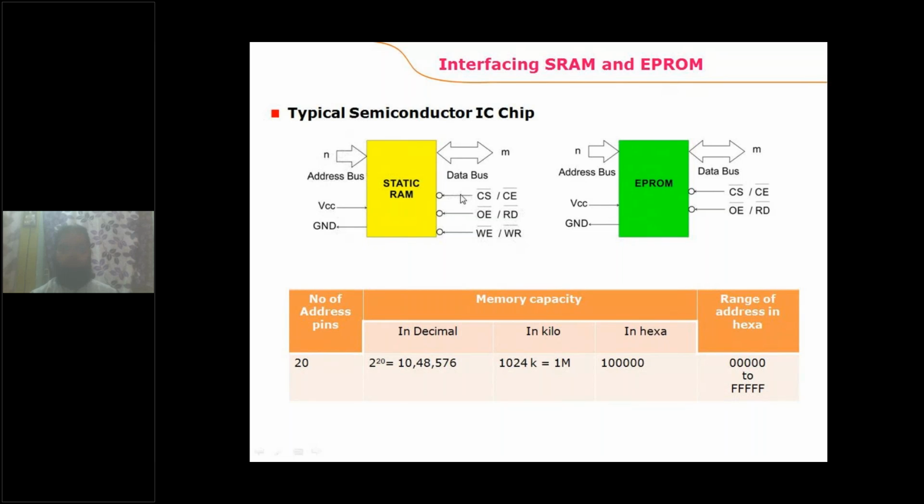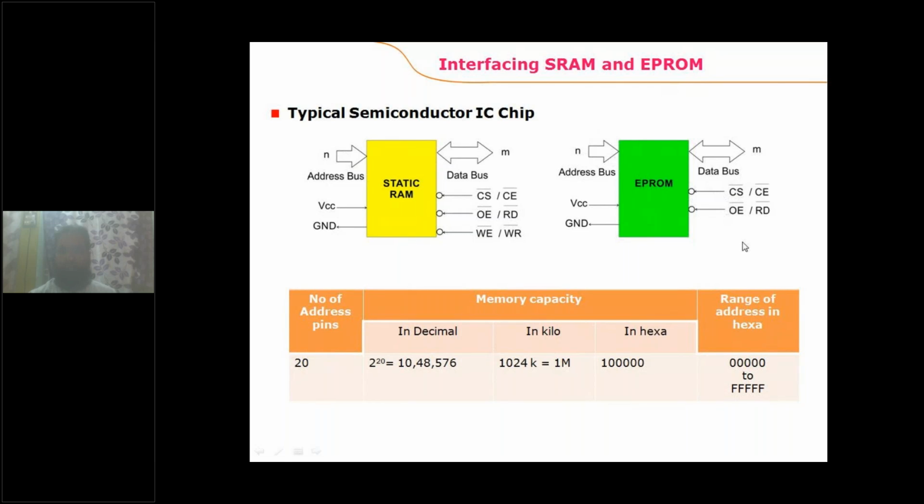Similarly, a ROM device consists of an M-bit data bus or M data lines and N address lines. M is nothing but 8 and N is less than the 20 address lines of the 8086 processor. And these are the power pins. This ROM device consists of a read signal. Why? Because you can perform only read operations over the ROM. You cannot perform any write operation over the ROM. And this is the chip select signal.